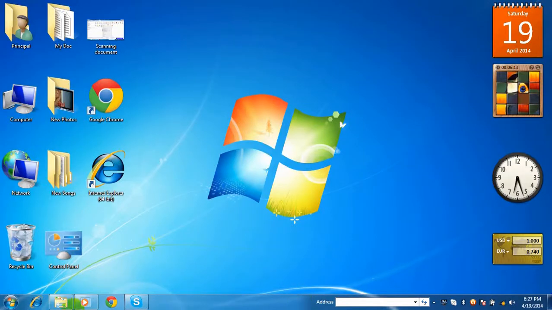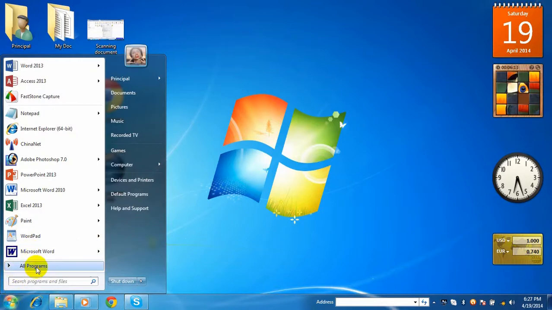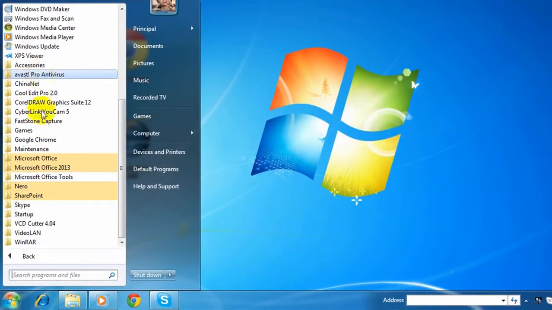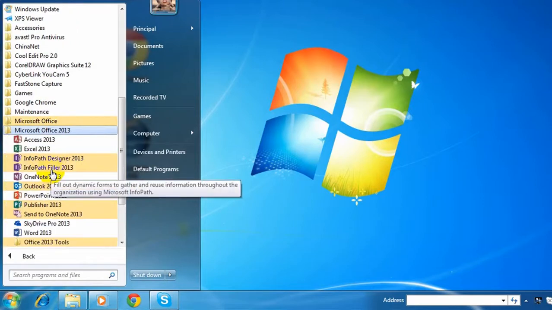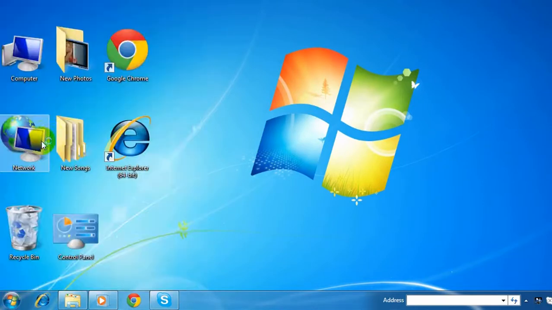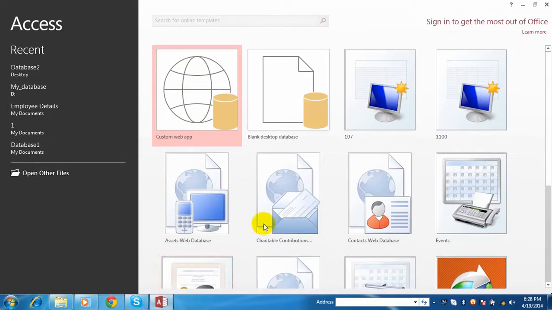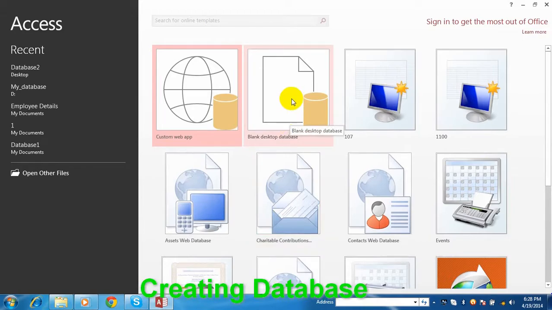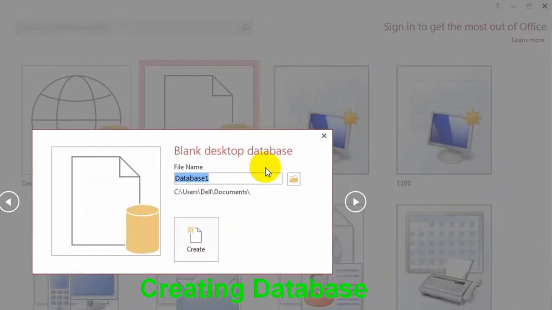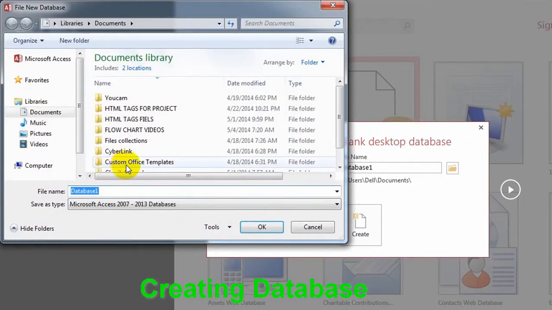Let's begin Access. On the Start button, click on All Apps, Microsoft Office 2013, Access 2013. Okay, click on Blank desktop database if you want to create a new database. Browse the folder where you want to store this database. Now choose the location where you want to store the database. For example, I want to store this database inside the D drive